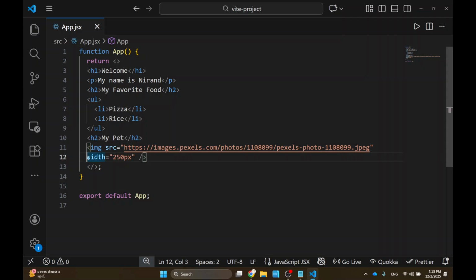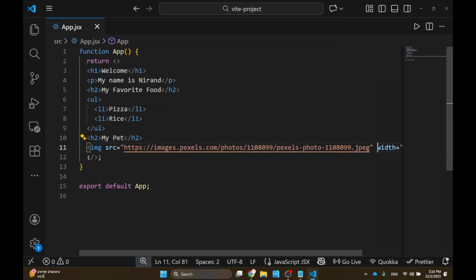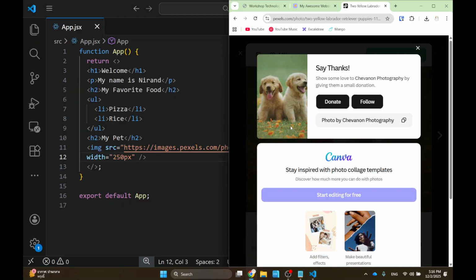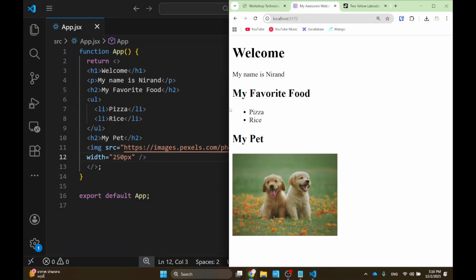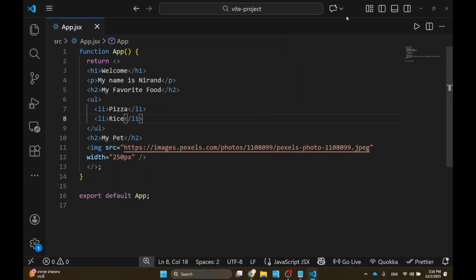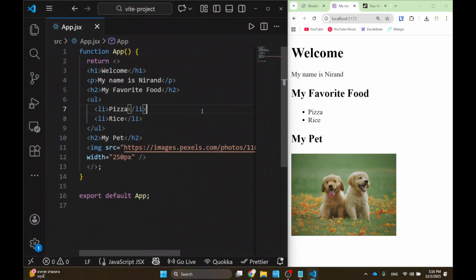Something's wrong. It's not formatting for me. Maybe that's correct. Okay, there you go, like that. All right. Okay. So,